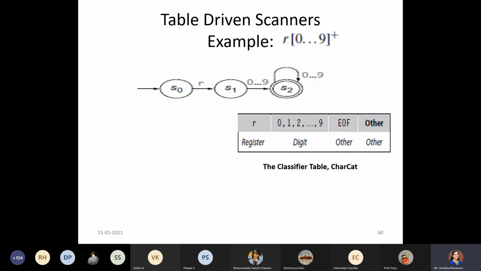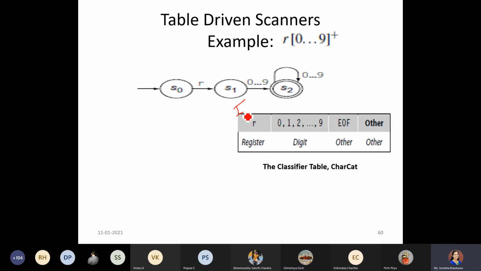If you come across a small letter r, we map it to register. Any digit is mapped to digit. End of file is considered other. Anything other than these three is also named other. This is our first table, the character classifier table.